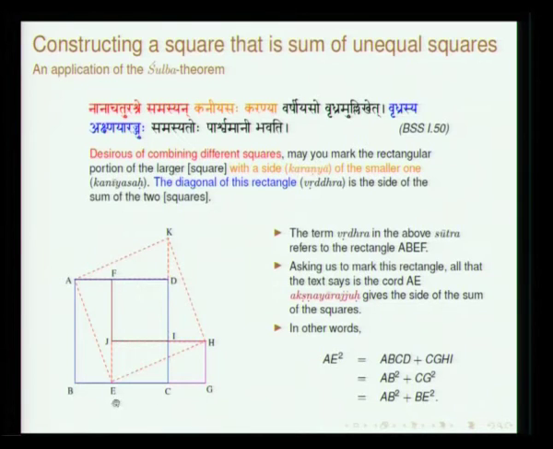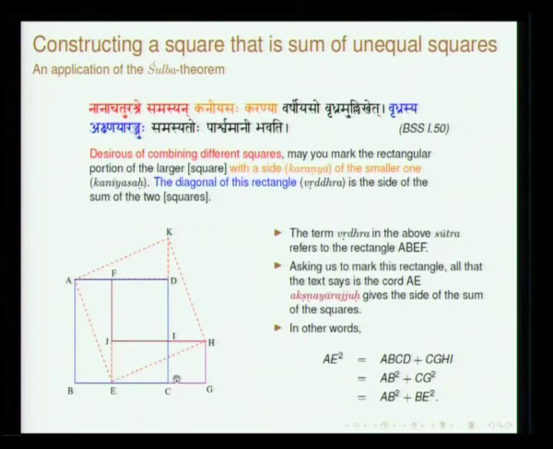What he says is, if you have two squares, say ABCD and then CGHI, and you want to construct a square which will be the sum of these two squares, basically the area of the larger square. This is a simple instruction which tells you how to go about it, without even thinking of the arithmetic involved. You have a square, you have another smaller square, you just do a certain trick here and you should be able to get the value of the larger square without doing any numerical calculation.